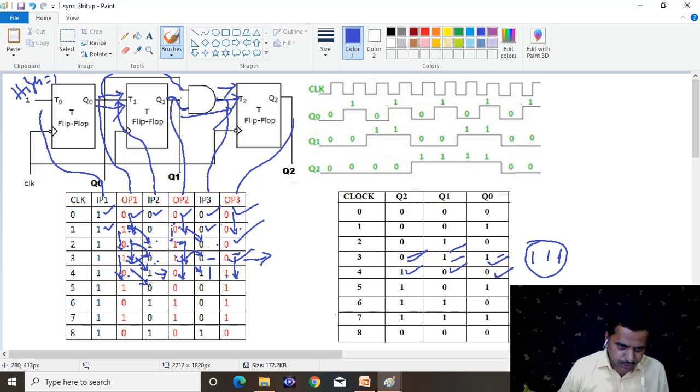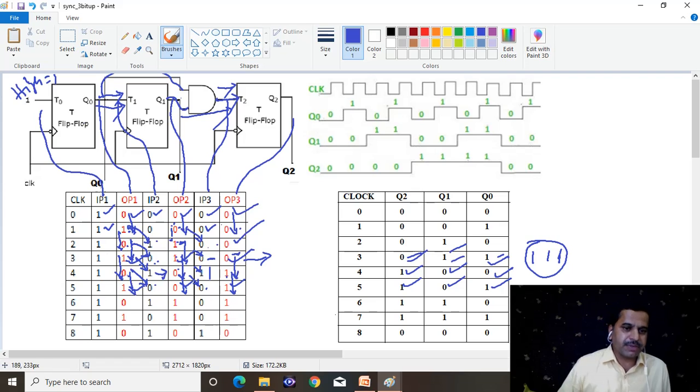The 0 becomes input to the second, and the product of this 0 into 0 will become 0 to the third. Then apply the fifth clock cycle, again it changes from 0 to 1. Because of the 0, there is no change in the output, again 0 to 0. Here it is a 0, it won't change the output, it retains the previous value, now it is 1. At the end of the fifth clock cycle, we are getting 1, 0, 1. So it is also correct.